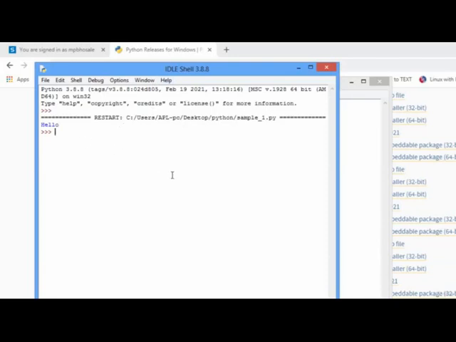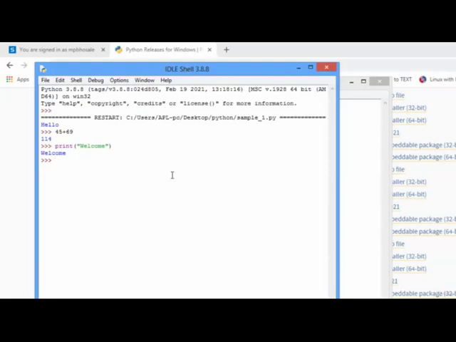So suppose here I write 45 plus 69, and if I press enter, here I will directly get the result. But if I write here print, suppose welcome, it will print the welcome message and not the whole line like print welcome. So this is the difference between the scripting and the interactive shell.